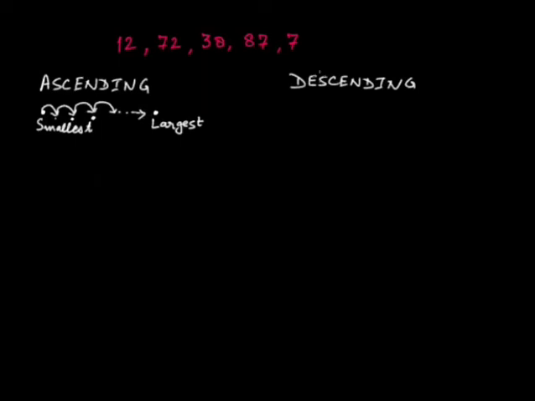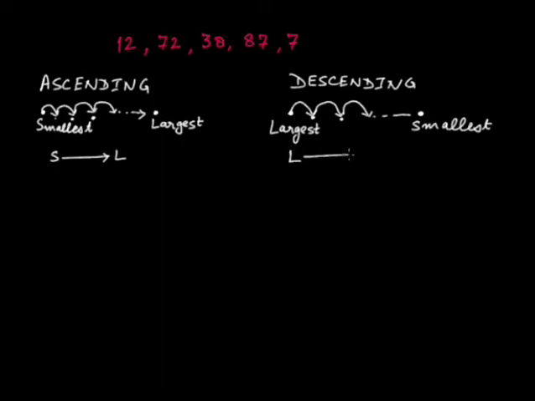The reverse of this is descending order. Descending means first write the largest number, and then the number which is smaller than this number, and then the number which is smaller than this number, till you get the smallest number. So ascending means from smallest towards the largest, and descending means starting from the largest till you get the smallest number. In this example, if you have to arrange in ascending order,